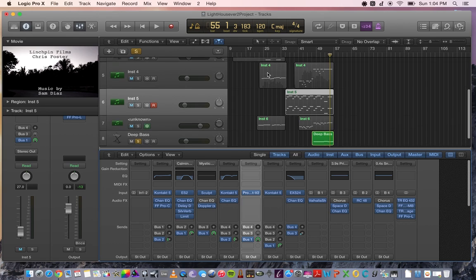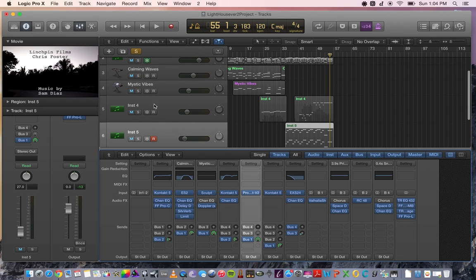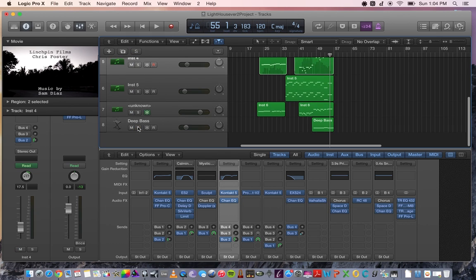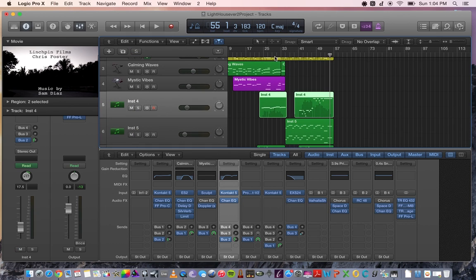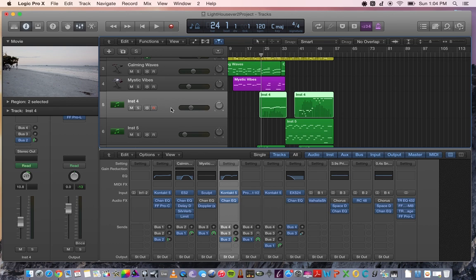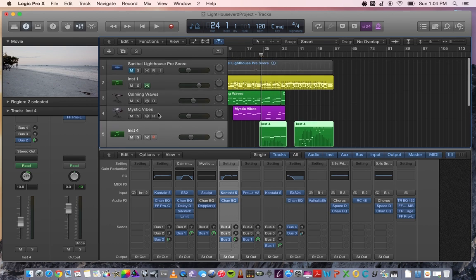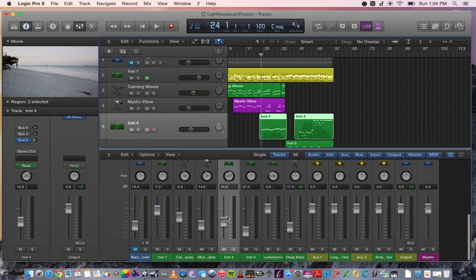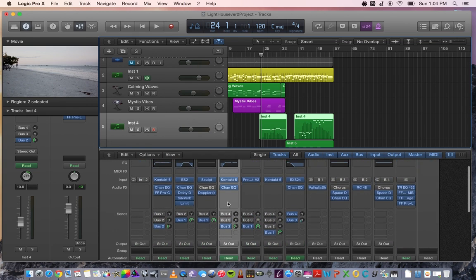Now, the other instrument here is the cello. This is the Tina Guo cello from Cinesamples. When I bought this, it was one of those purchases where I heard it, but I wasn't sure. I'm like, is this really as good as they make it sound? Because I'm very skeptical when it comes to libraries